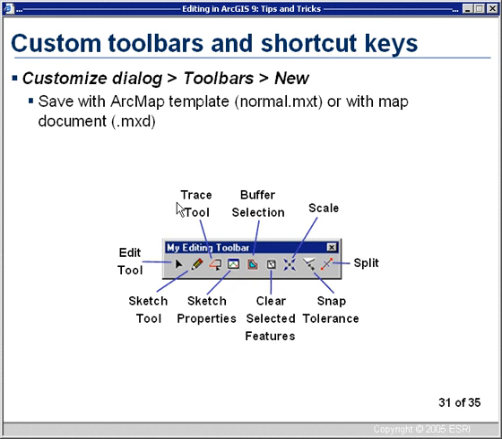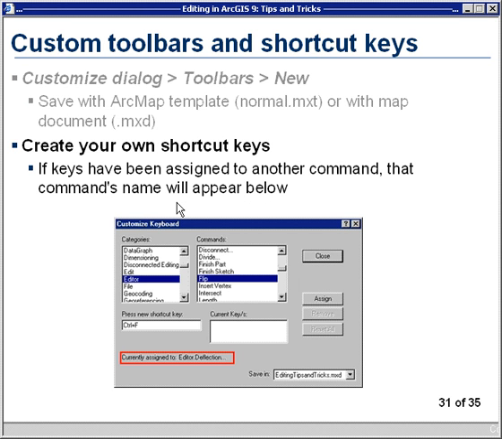In fact, from the Customize dialog, creating a new toolbar is really very simple. When you create one, the choice is to store this either in your normal.mxt as part of the template, so this toolbar will always be present, or to save it in the current map document that you may be working with. At this point, when you're using the Customize dialog, you also have the option of doing custom